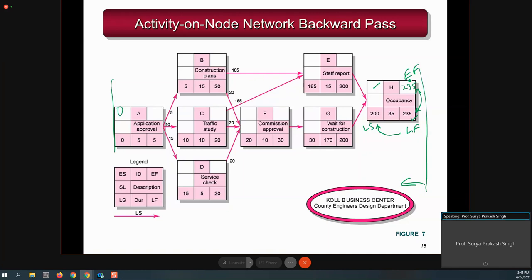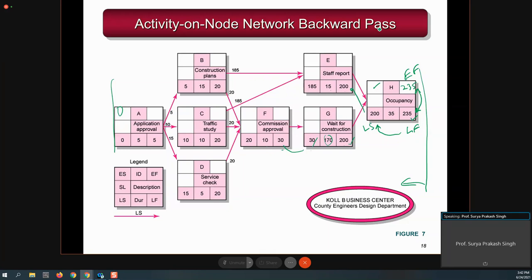So that is the interpretation of these terms. Once we go in the backward direction, the late finish minus 35 gives you the late start of 200. Then we go this way, we write 200, and then for this activity you subtract 30, and the same thing you can do for the latest start and the latest finish of this one. So 200 minus 15 is 185. We need to be careful, but not here. Let me go ahead. The late finish of this activity F is equal to the late start of the succeeding activity, then minus the activity time of 10. Now we have to be careful.